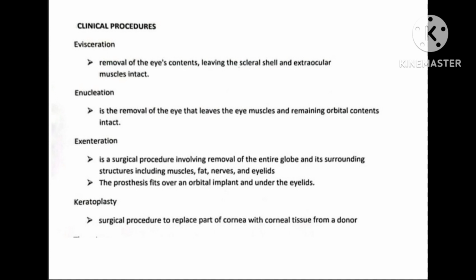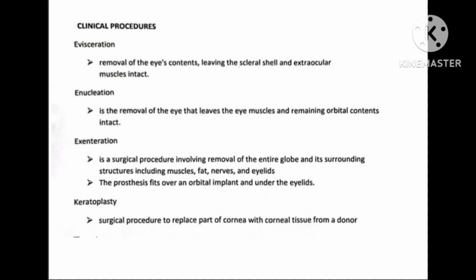First one is evisceration. Evisceration is the procedure to remove all the eye contents, only leaving the scleral shell and extraocular muscles intact. Next is enucleation. Enucleation is the removal of the eye that leaves the eye muscles and remaining orbital contents intact. Next one is exenteration. Exenteration is a surgical procedure involving removal of the entire globe and its surrounding structures including muscles, fat, nerves and eyelids. The prosthesis fits over an orbital implant